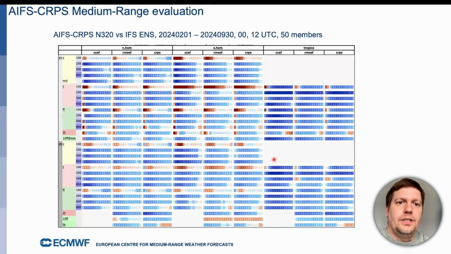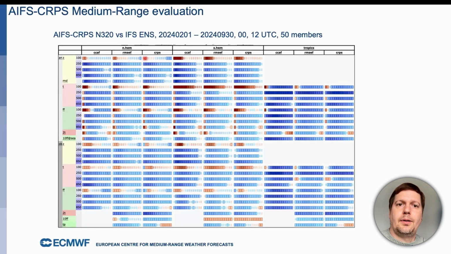So how well do all of these approaches work, or do we actually get a very skillful model by training like this? And the answer is yes. Here is a scorecard comparing the AIFS ensemble with the IFS ensemble for 2024. On top, we compare different variables against the analysis of the physics-based model, and on the bottom against observations. Blue means the AIFS ensemble performs better. You can see that the scorecard is very blue, so it performs quite well.